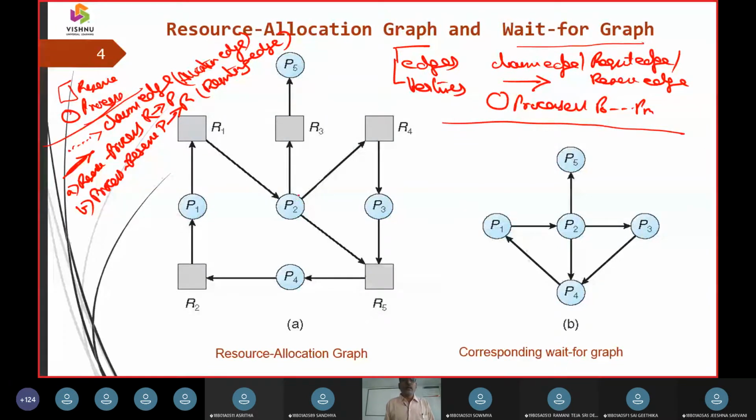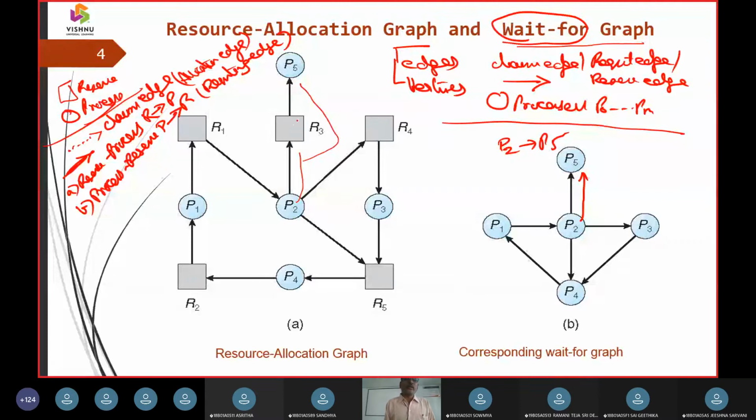So now you can see a movement: P2 is going to ask for resource R3, and resource R3 is going to move to P5. So that is how we are going to concatenate the things here. So we can say P2 to P5 is going to be written directly. We are not going to represent the resource, as we are going to say it is a wait-for graph.